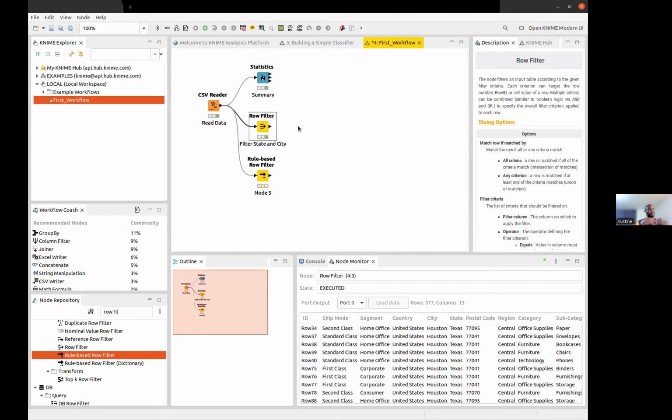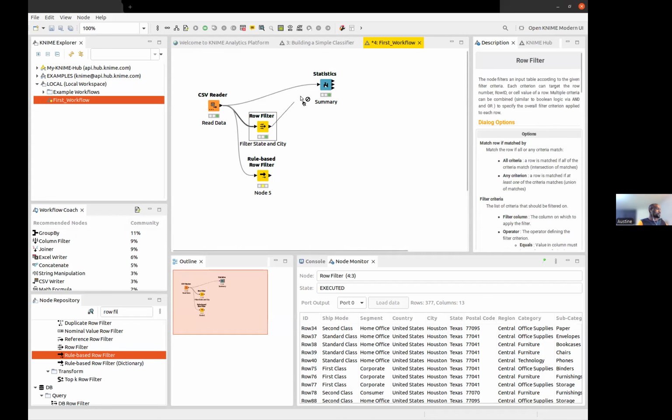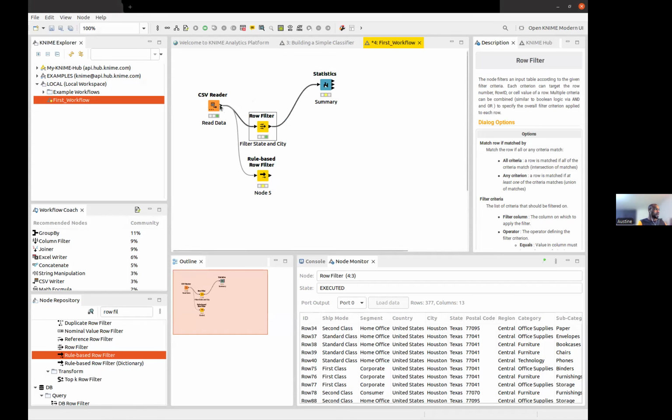It's something like a hierarchy. As long as two nodes are not directly connected, they cannot interact. Yes, it's possible in this case, but what you have to do is grab this and extend it here. But something would happen: the other arrow that was coming from the CSV reader directly to statistics disappears,